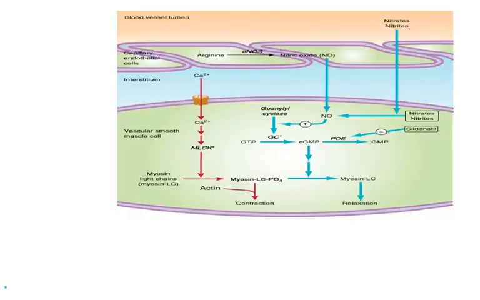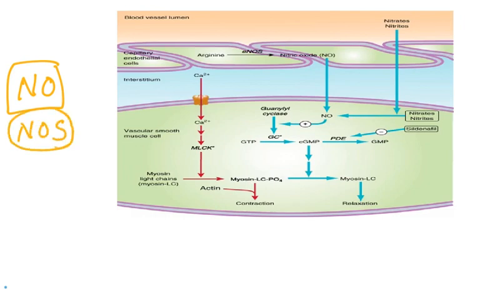Now, let me remind you one more thing. This nitric oxide can be synthesized in the human body also. This is synthesized by an enzyme called nitric oxide synthase. Now, this synthesis occurs in endothelial cells. Look at the diagram here. Nitric oxide is synthesized from arginine. Arginine is an amino acid. In the presence of the enzyme endothelial nitric oxide synthase, arginine is converted to nitric oxide. At the same time, it also releases citrulline. So, arginine is converted to citrulline and nitric oxide.